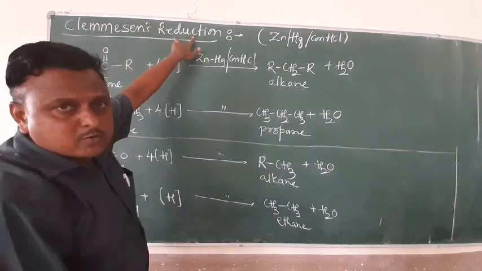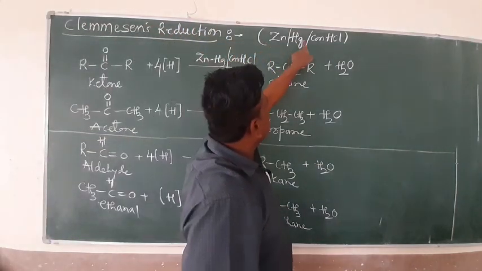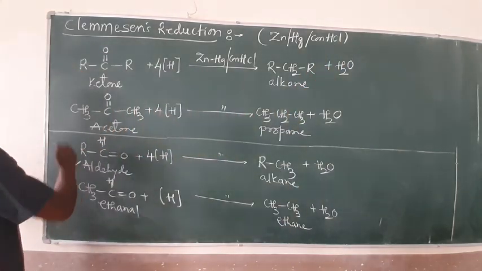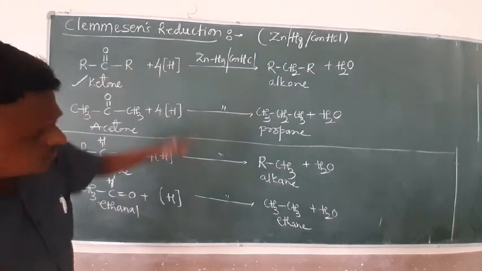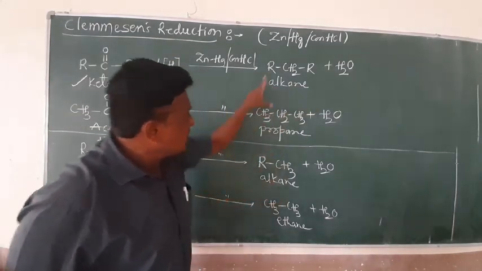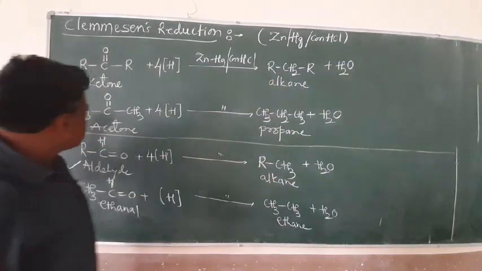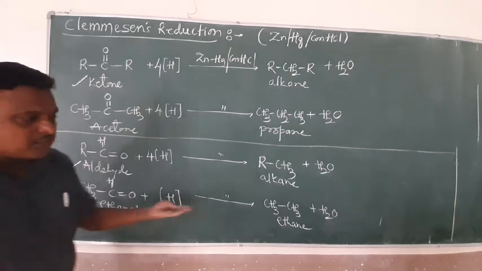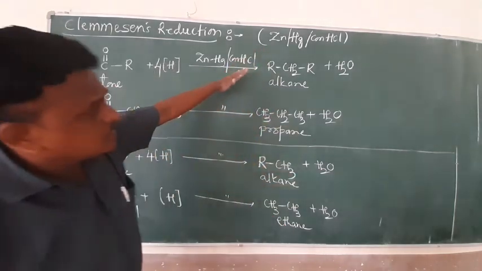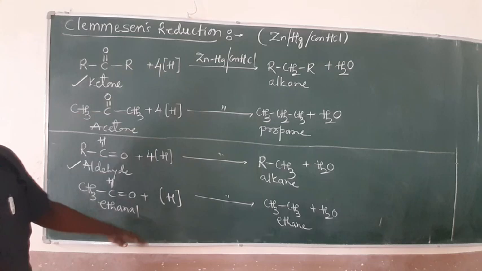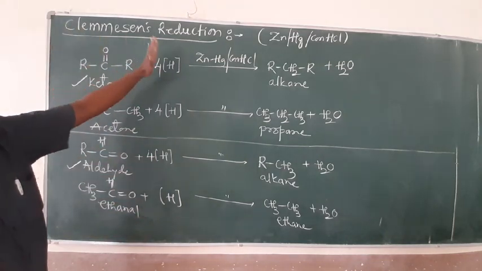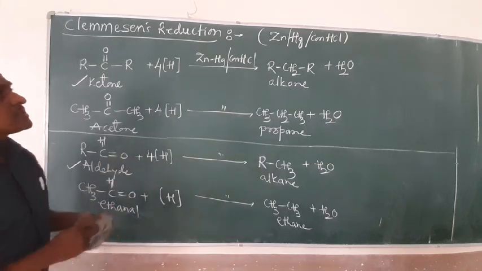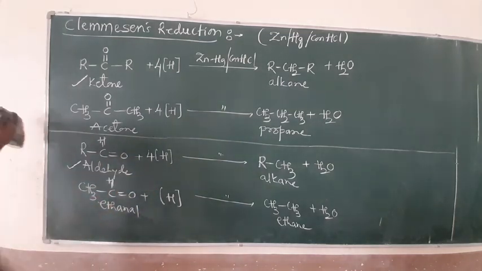Reduction means addition of hydrogen by using the reagent zinc amalgam with concentrated HCl. Here either aldehyde or ketone undergoes reduction to form alkanes. For example, acetone converts to propane. Acetaldehyde, or ethanal, is converted into ethane. These are the 2 best examples of aldehydes and ketones with Clemmensen's reduction reaction. Apart from this, now we move on to another one,